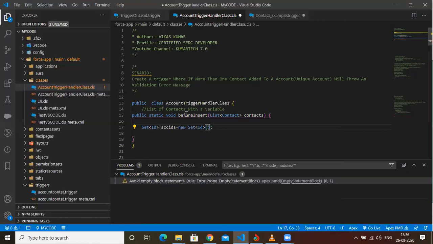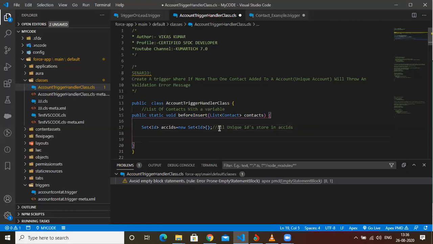Cool. So this is where all the unique IDs will be stored, in this accIds. Fine, second step is done.